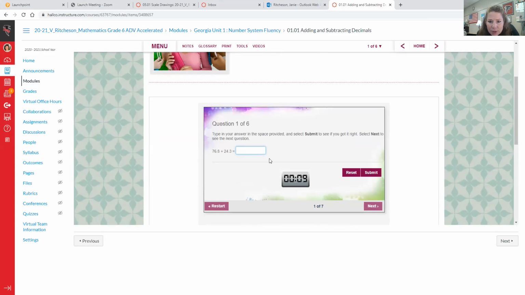It looks like a plus symbol. I think that is a plus symbol. All right, so I am going to switch screens and turn on the whiteboard, but once I do that, my picture disappears, so I have to write it down real quick. This problem is set up horizontally, but when I'm adding or subtracting decimals, I want the decimals to line up on top of each other. So I'm going to rewrite it this way,